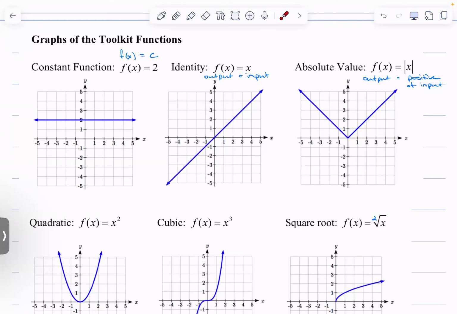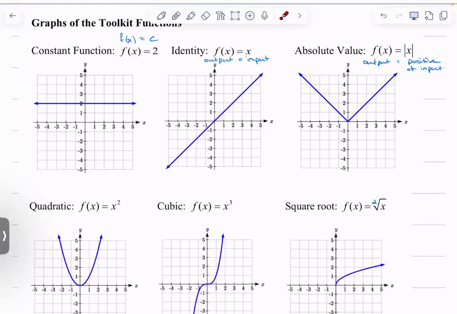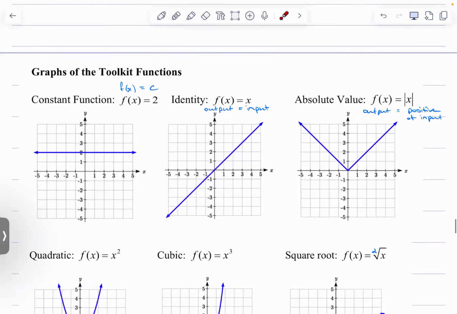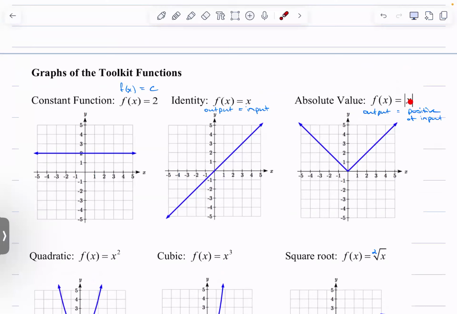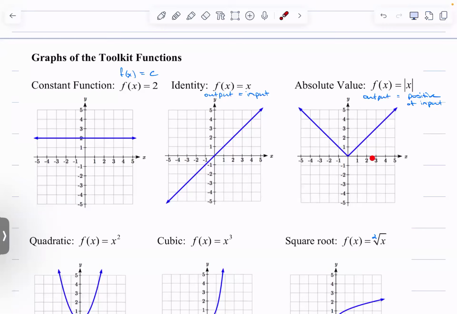The absolute value function. You might recall the absolute value function basically drops the negative. It does a little bit more than that, and we'll work with it, but effectively you just drop the negative, right? If you have the absolute value of -2, then you get 2. If you have an input of +3, you get an output of +3. But if you give an input of -3, you get back +3. So you get this V shape, right?